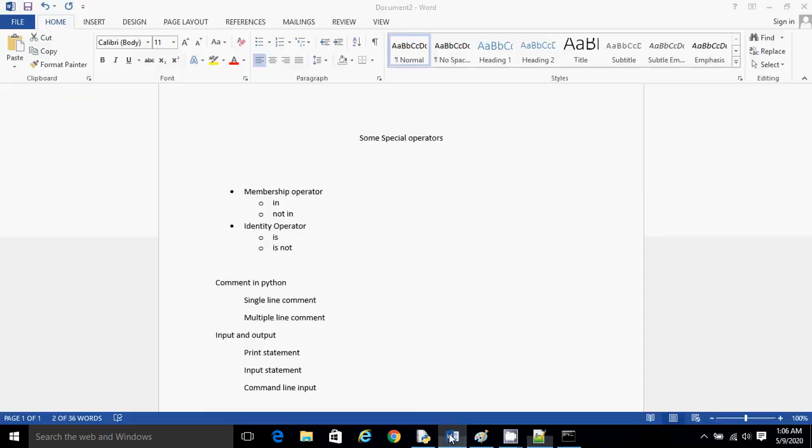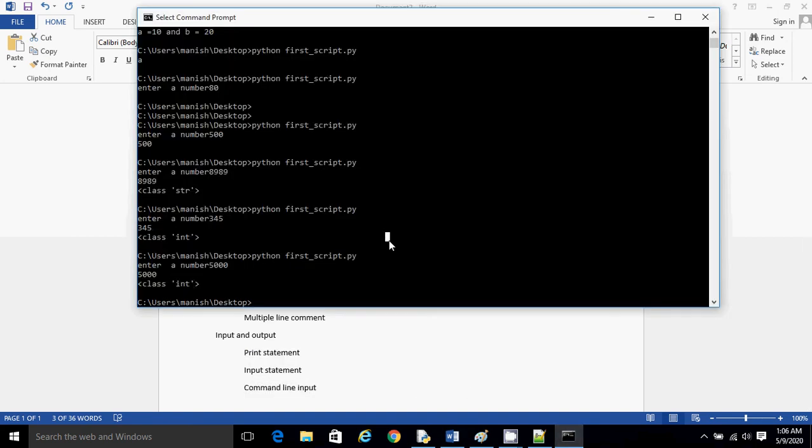And what is the next topic? Let's talk about the command line input. Now we are running from here, right? We are running from the command line. Now we can give input through the command line also, like 12, 13, 14 or test, anything, right? But how is this input getting recorded inside our script?